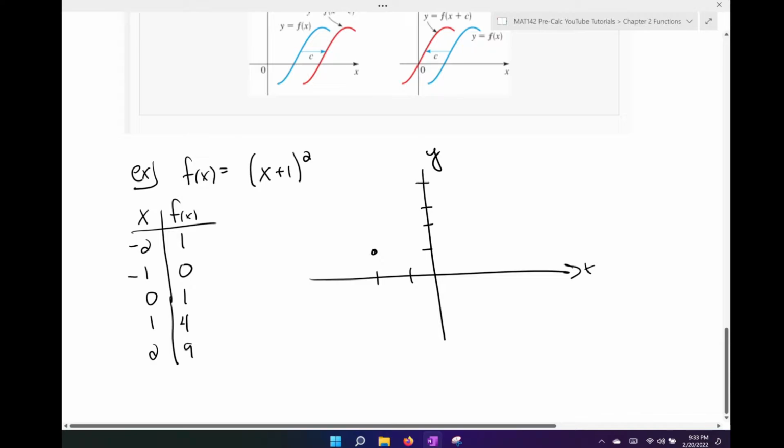So this would be like right here. Negative 1, 0 is right there. 0, comma 1 is right here. 1, comma 4 would be all the way up here. And then 2, comma 9 is going to be like all the way up here. But regardless, I think you get the idea